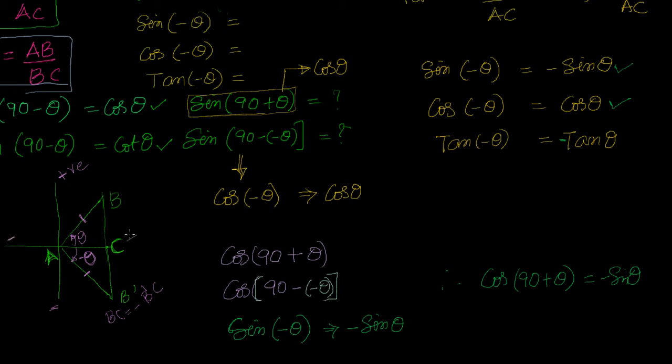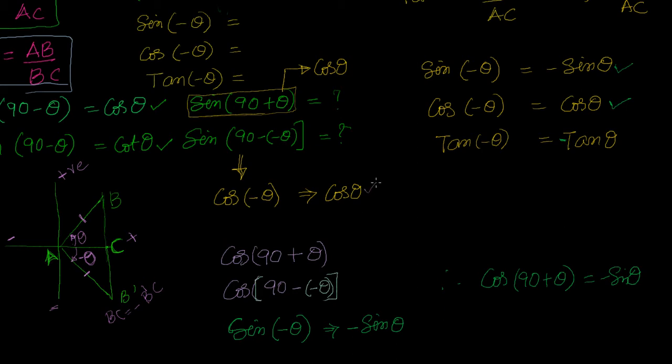Okay, that gave us the relationship that sine of minus theta equals minus sine theta, cos of minus theta equals cos theta, and tan of minus theta equals minus tan theta. I can leverage these two, whatever I have learned, that sine of 90 minus theta equals cos theta and sine of minus theta equals minus sine theta, to find out the value of sine of 90 plus theta. I can rearrange 90 plus theta as 90 minus of minus theta. That becomes cos of minus theta. I know cos of minus theta equals cos theta. So sine of 90 plus theta equals cos theta.